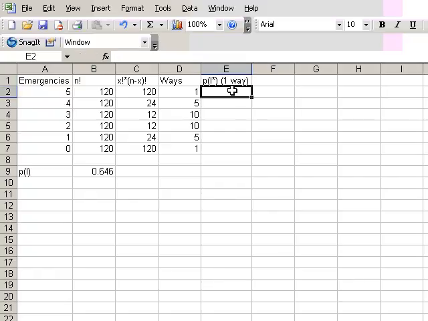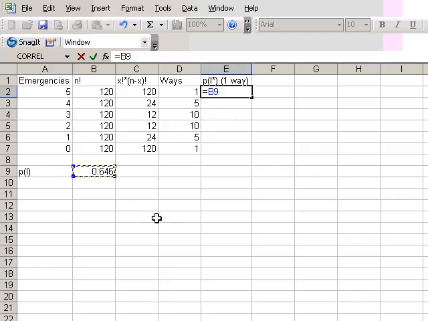And following the equation in 5.6, that will be for 5 emergencies equal to the probability of seeing an emergency at all, fixed with an F4, raised to the power of the number of emergencies that we will see, times 1 minus the probability of seeing an emergency, which is the probability that it is not an emergency, again fixed with an F4,